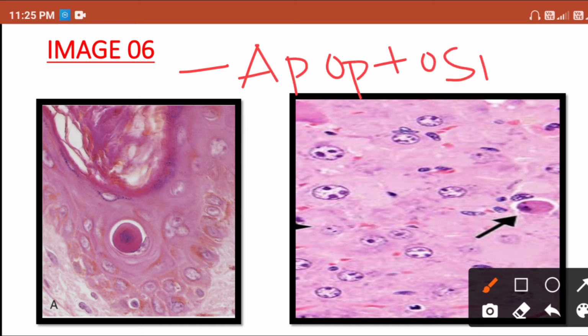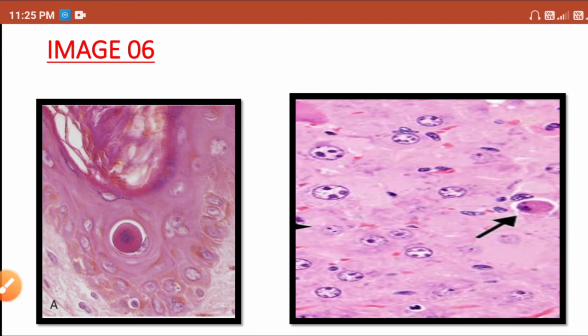So this image is of apoptosis. Sometimes an apoptotic body can be asked as an image-based MCQ. Sometimes you might be given a case where the patient has raised SGPT, the patient has jaundice, right? So it is suggestive of hepatitis, and they may put such an image and ask you for the diagnosis. So two hints: raised SGPT is suggestive of viral hepatitis, and here you will have such apoptotic bodies.